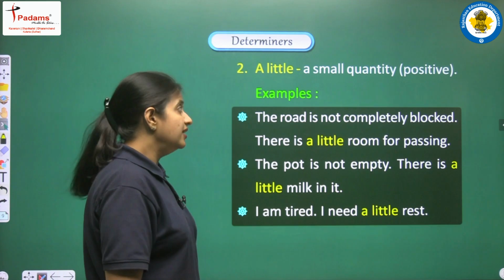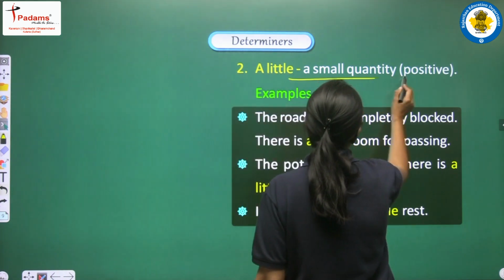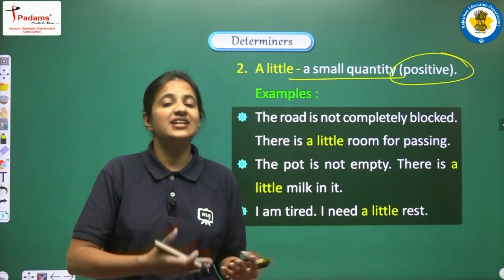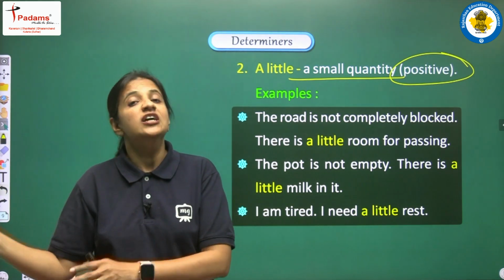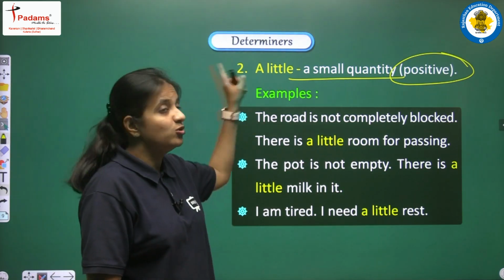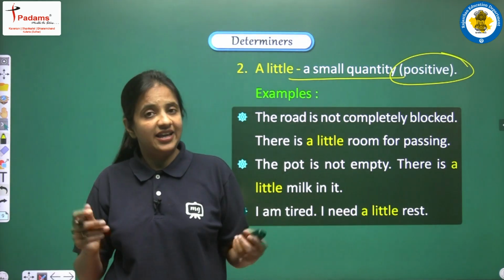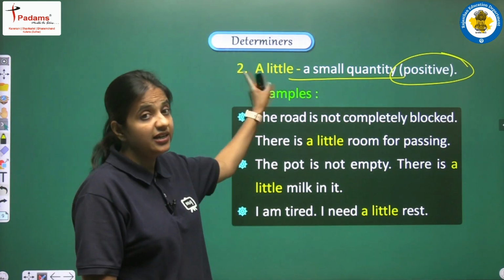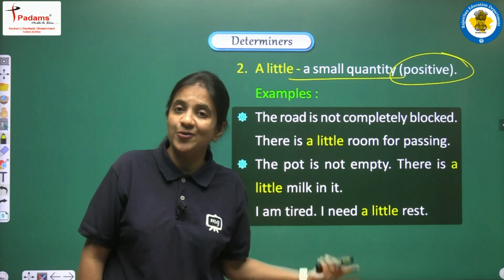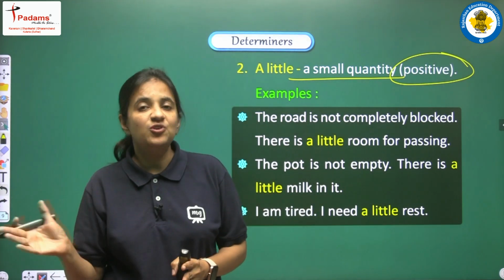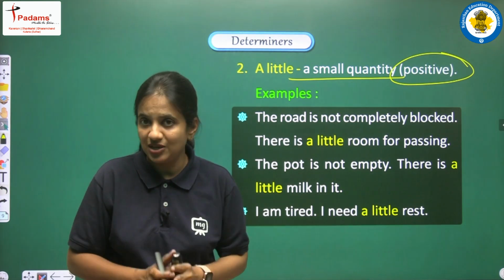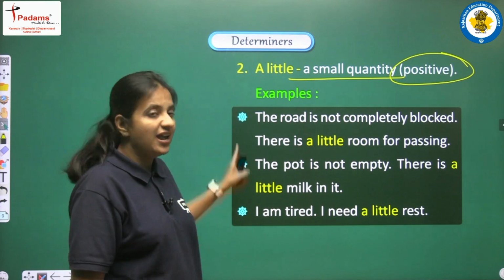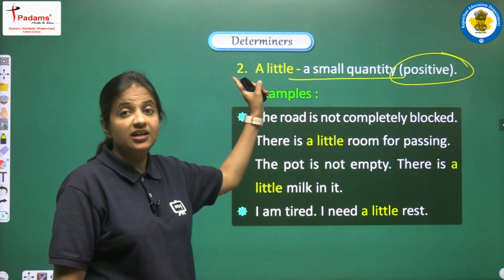Moving on, next we are having a little. So let's see, a little, it is used to show a small quantity, and we can say that it gives a positive meaning to the sentence, just like a few. So जैसे a few का use है, same use जो है वो a little का है. Again difference क्या है, a few is used for countable nouns and a little is used for uncountable nouns. But both a few and a little, they are positive words, and yes, they give positive meaning to the sentence.